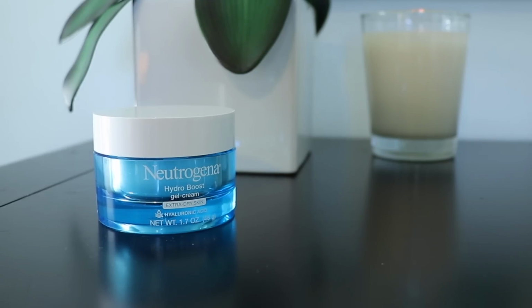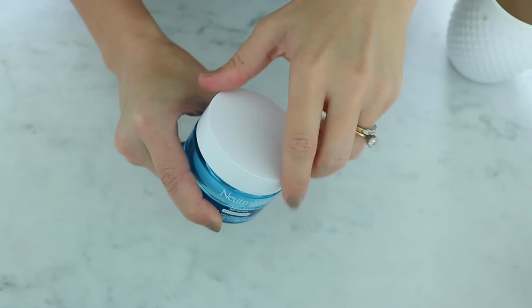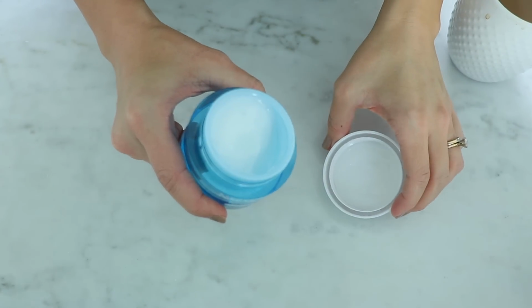Let's say it's evening and I'm going somewhere and I don't need an SPF, or let's say it's daytime and I'm gonna be indoors all day and I just don't want an SPF, or I want moisturizer underneath my SPF. I have been loving this Neutrogena Hydro Boost Gel Cream for extra dry skin. I don't need it because I have extra dry skin. It's oil-free, it's fragrance-free, it's dye-free, it doesn't clog pores, it quenches my skin, it keeps it looking smooth and